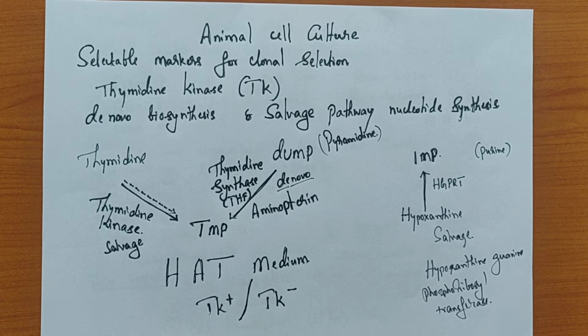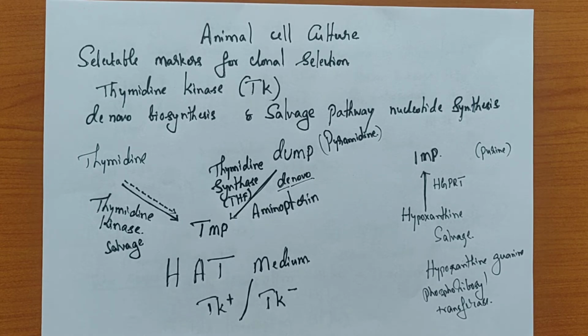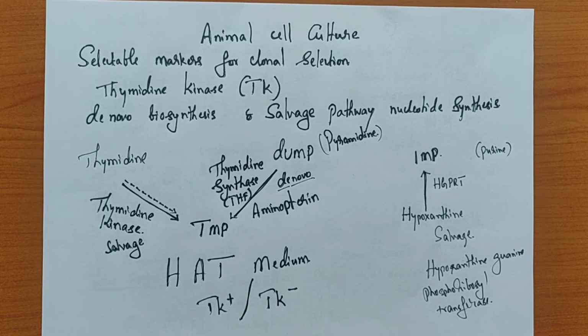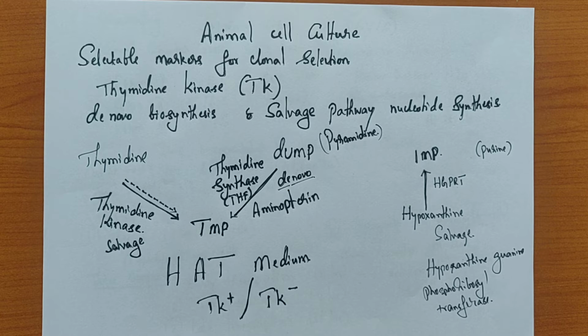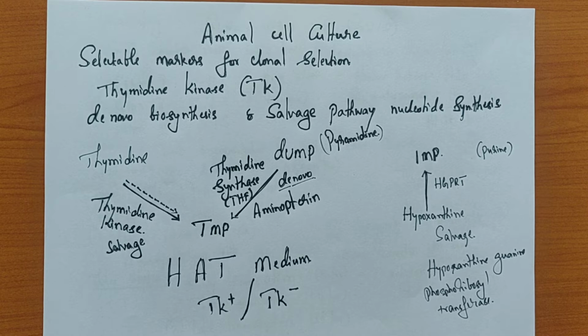Because an antibiotic resistance gene, whether it is kanamycin or the other one, methotrexate, or so many things, is not at all possible in an animal cell culture, because none of these chemicals kill the animal cell. So that gives a challenge: how are we going to identify the clones? In yeast, I think we have done it by the process of an auxotroph. So here we don't have an auxotroph.